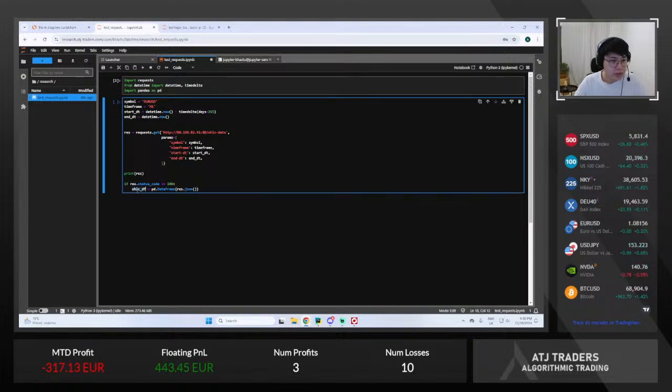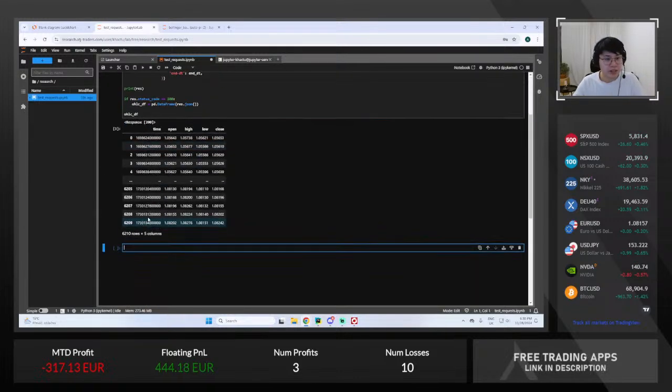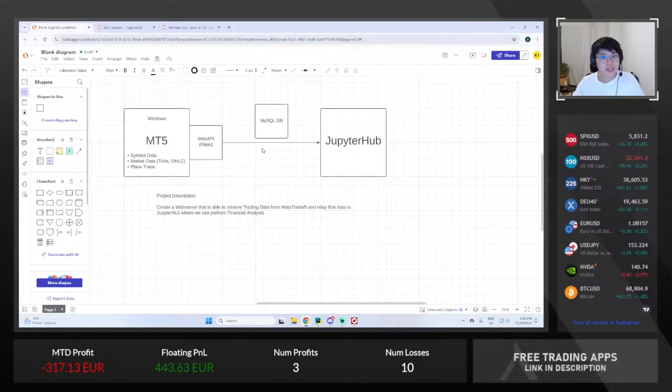And now we can just output our OHLC data frame,